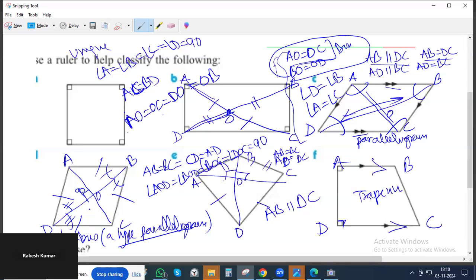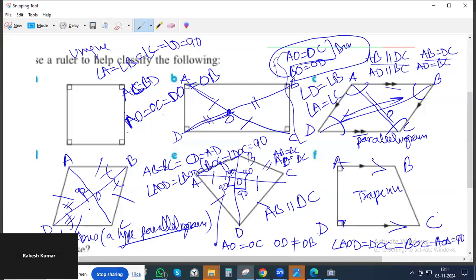Now both the diagonals don't bisect. Only one diagonal is bisected. This is not equal. So this is the most important thing in a kite, that only AO is equal to OC, OD is not equal to OB. The diagonals don't bisect each other. Only one diagonal is bisected. And the other property, as in a rhombus and square, is that these are all 90. So angle AOD is equal to DOC is equal to BOC is equal to AOB is 90. So all these are the properties of